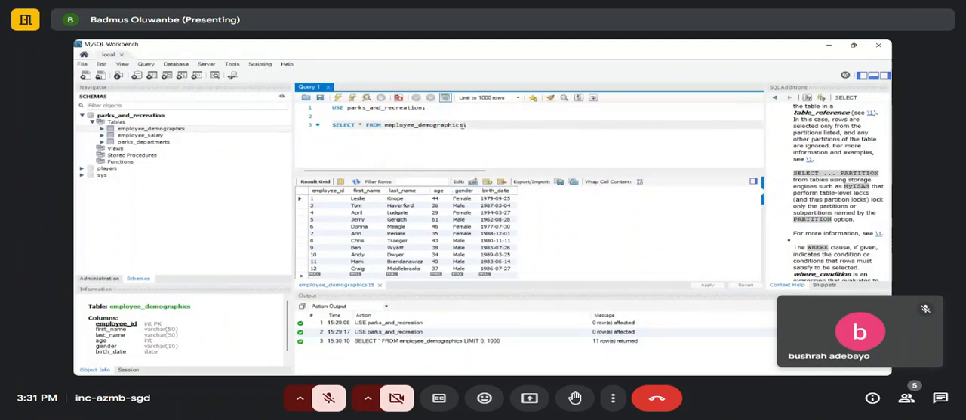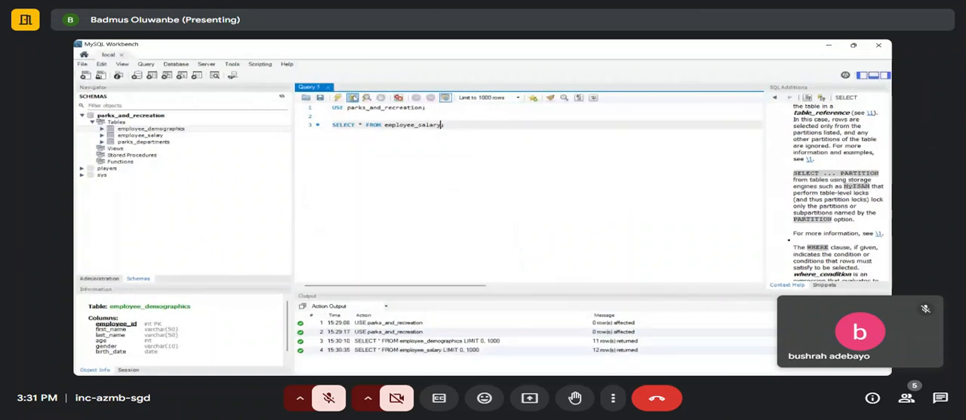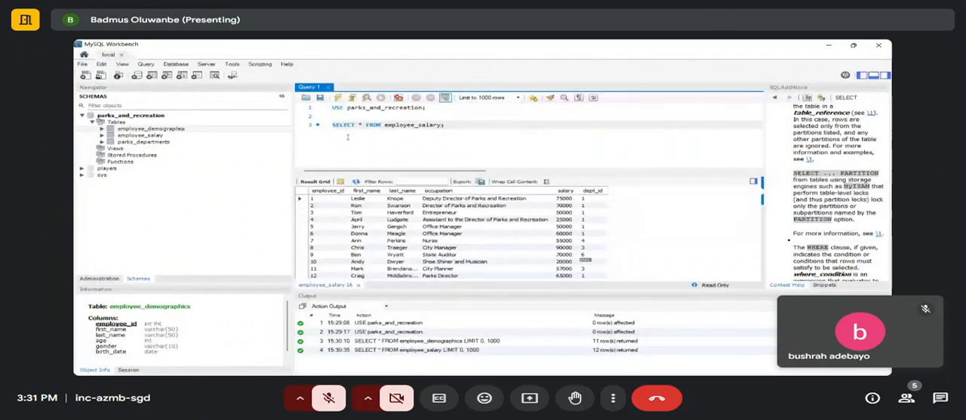We could also check what we have on the salary table too. And then we run. The green mark here is always to show that your code ran. And then under the employee salary, we have the last name, your occupation, the salary, and the department ID. Also under the parks department,